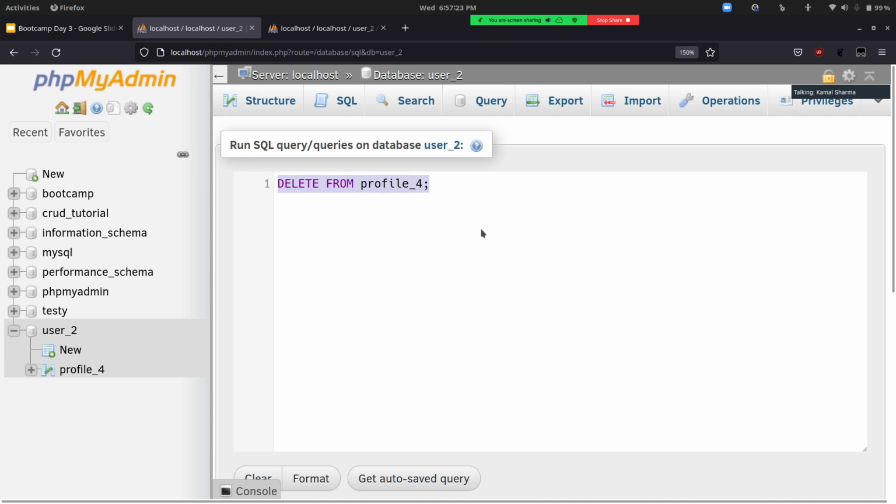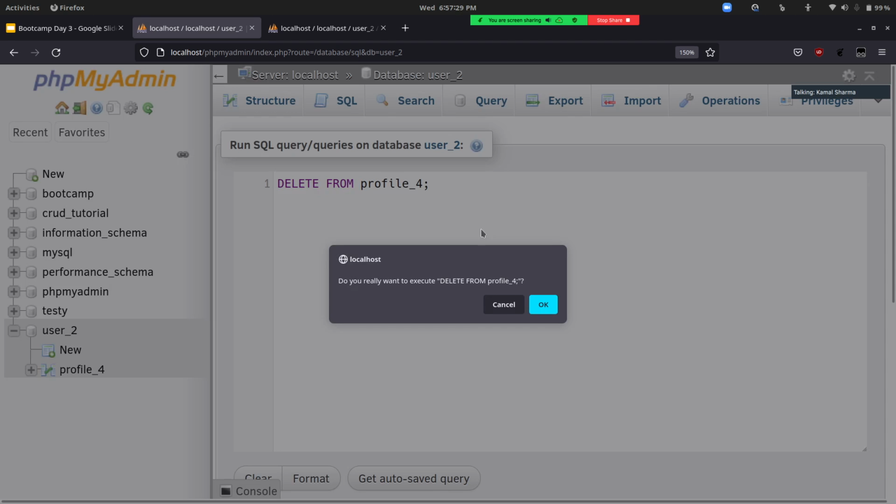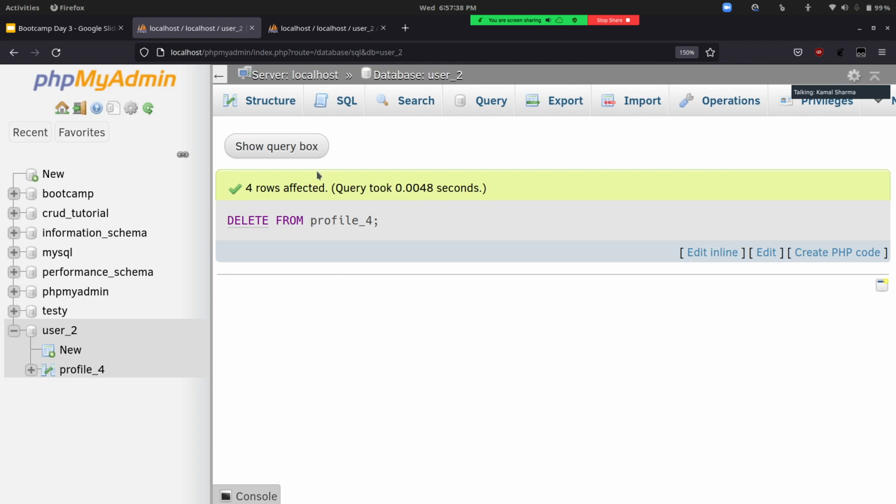If I just specify that, what happens is every record will be deleted. To show that it is working, I'll just execute it. That is why it's asking for confirmation, because it's going to remove all the stuff. I'll just click OK anyways, just to show that it will remove everything.